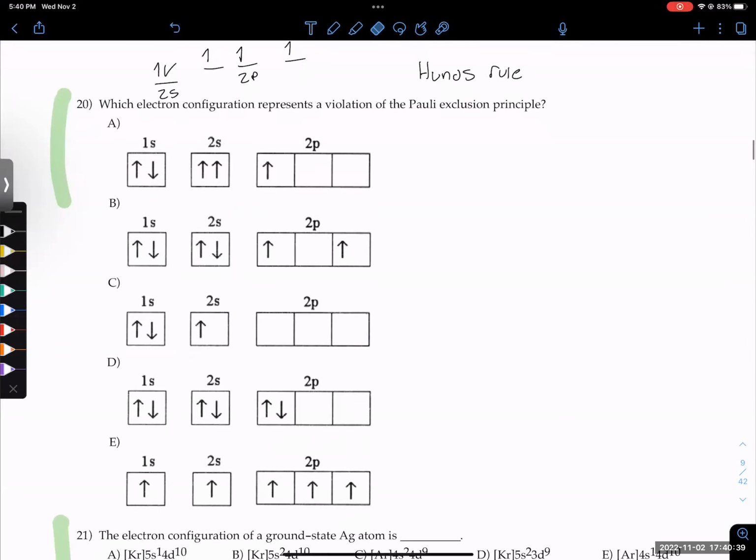So you always have one up spin, one down spin. So with that, which one is violating Pauli's exclusion principle? A, we all see that, right? Pauli's exclusion principle is saying no two electrons can have the same quantum number, or same quantum address. These clearly have the same address. They're in the 2s subshell, which corresponds to n equals 2, L equals 0, M sub L equals 0, and they both have up spin. Makes sense, right? So A is invalid.